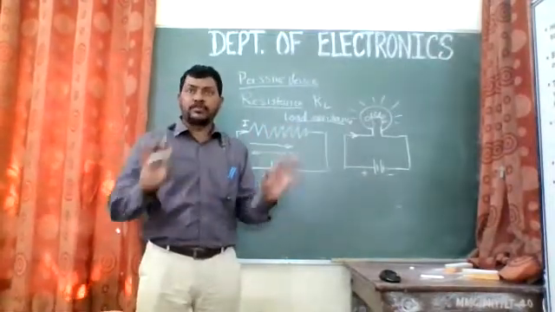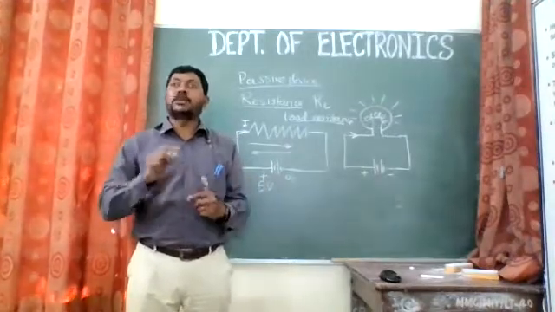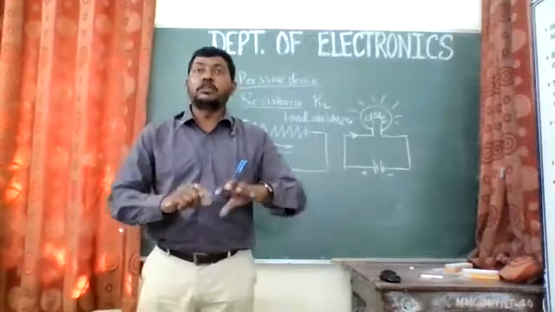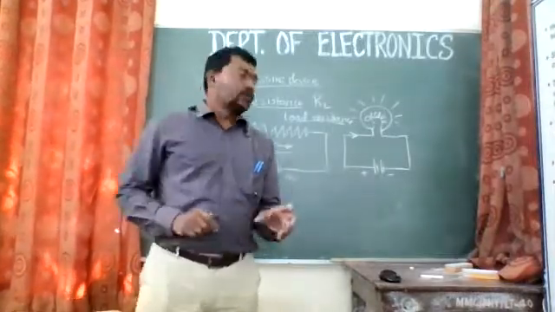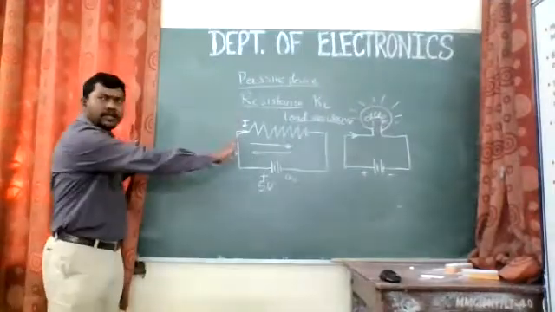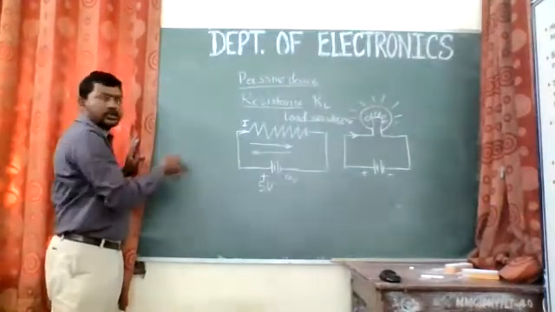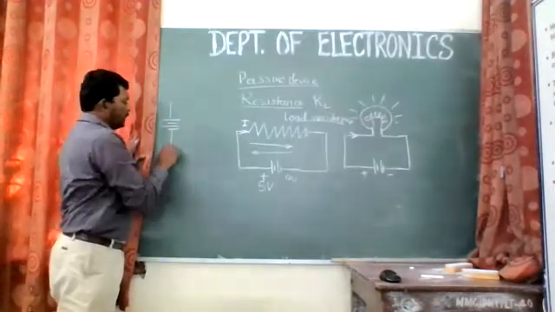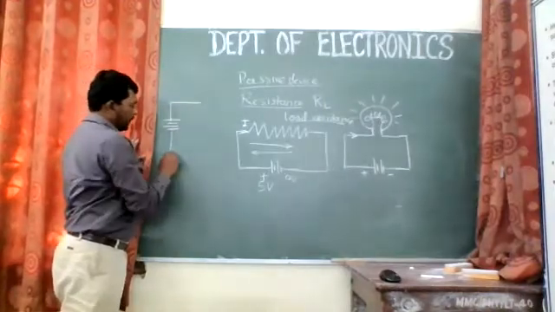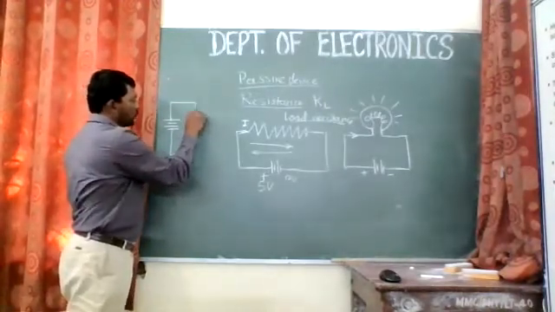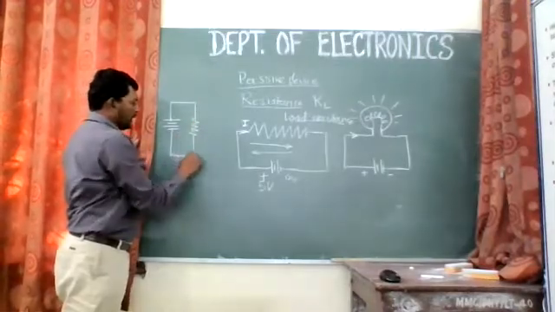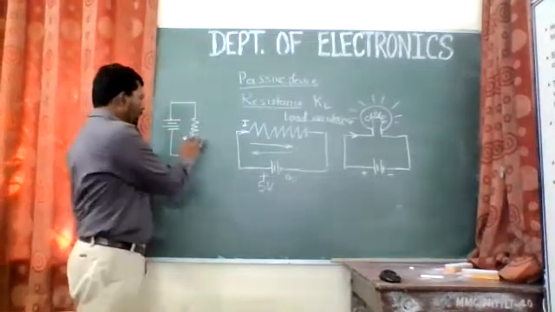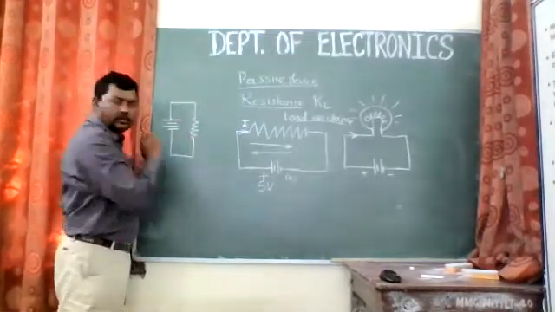Now the resistances are in different forms, right? So we will have different types of resistances also. We will have a potentiometer, which is supposed to be the varying type of resistance, right? So I will show you. The same circuit I'm now drawing upside down. So I'm just connecting the same circuit again in this type. Here, what I need to do is connect a resistance in parallel like this. Here also it is parallel with the battery. Here also it is parallel with the battery, right? The same circuit I'm drawing again.